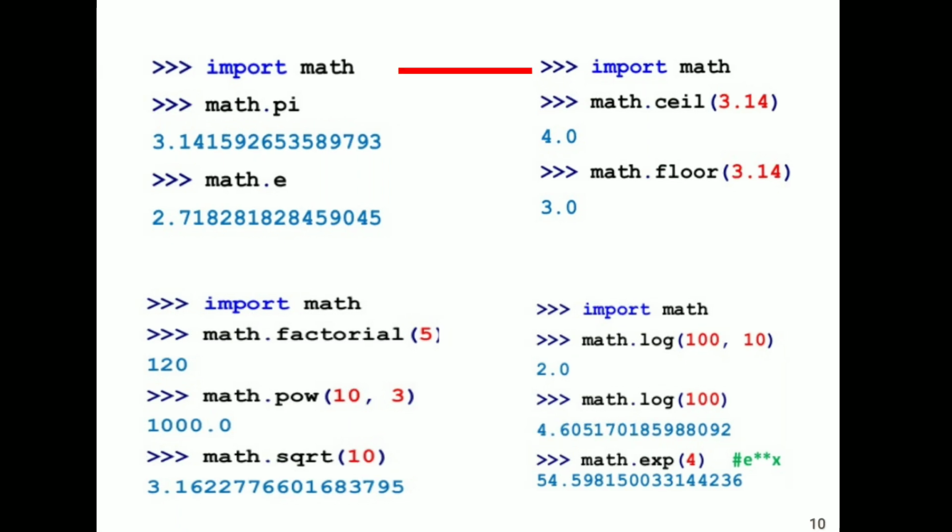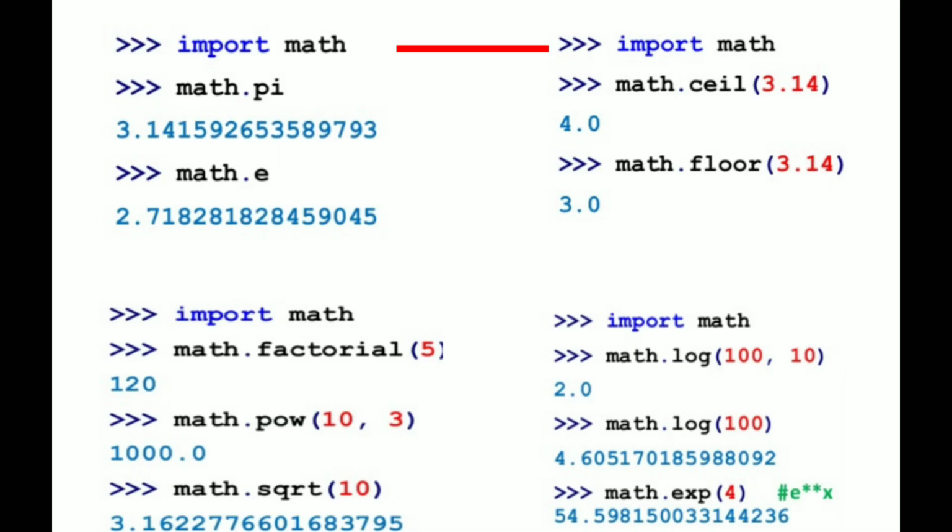Here is another example. import math. math.pi value, pi is also a predefined function. And math.ceil of 3.14 is rounded to the nearest uppermost value.